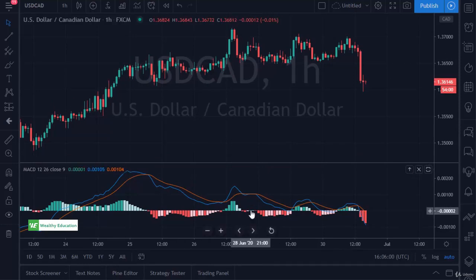A lot of traders actually don't use these, especially in the Forex world for whatever reason. However, they do have their use. There are a couple of different ways to look at the MACD. You look for moving average crossovers like this. That could be a sell signal. You look for what they call a zero line cross. That could be a